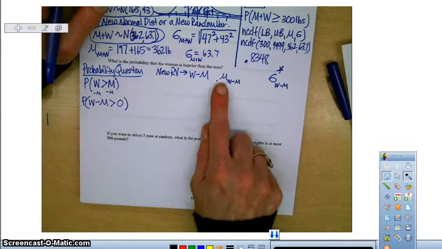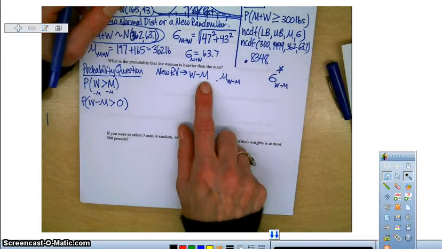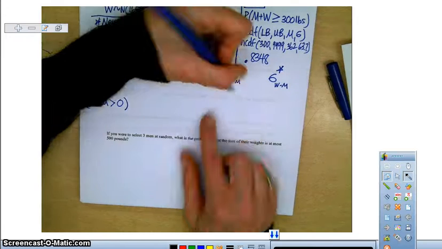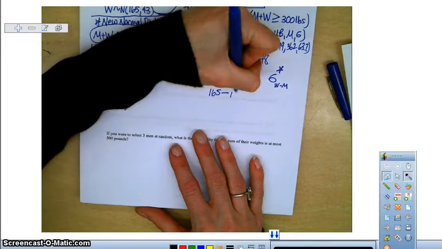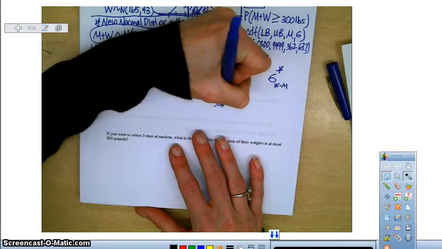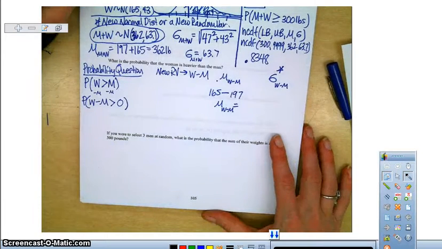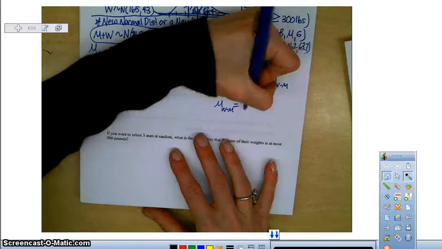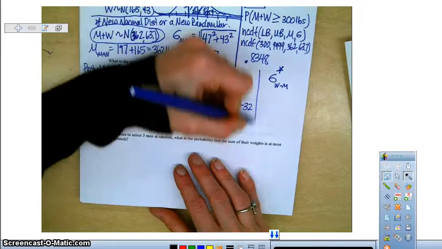So the mean of women minus men, or the expected value of women minus men, would just be the difference in their weights. So what's a woman's weight? 165 minus 197. So the mean of women minus men, our new random variable, is what? 165 minus 197. Negative 32. Negative 32. Okay, my standard deviation